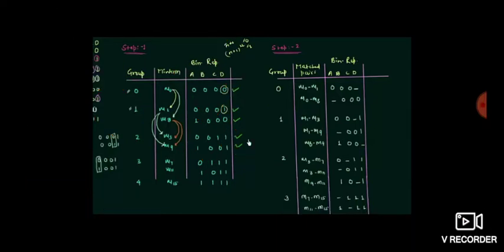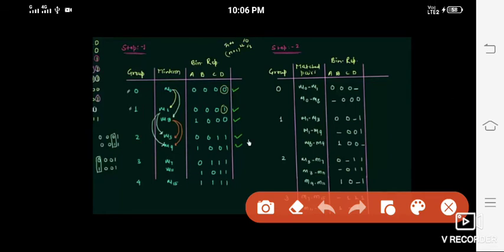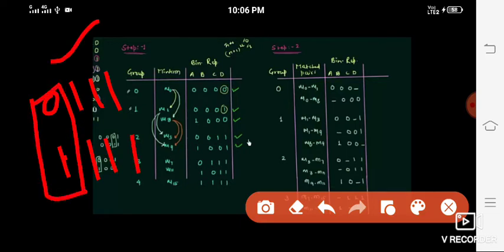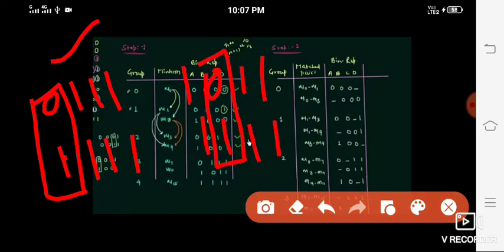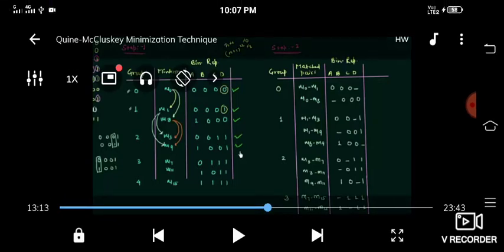So in the same manner we are comparing m7 m15 and m11 m15. So m7, this is the value of 7. Again m15 is 1 1 1 1, this is a possible state, so this is matched, we are writing m7 m15 underscore 111. Again m11, that means 0 1 1 1, m11 with 1 1 1 1, this is the possible condition. So 1 underscore 111, so those are also possible. So you have observed those are also possible.